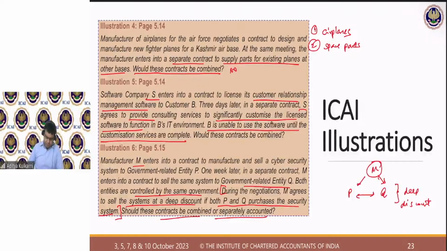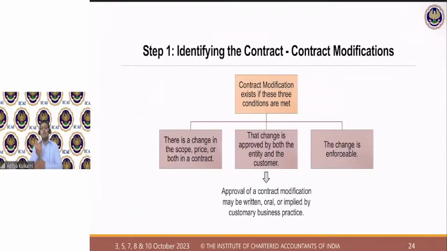Okay. All right. Now we come to the next part, that is contract modifications. Very, very important. This is one of the most important topics which I'm going to do today. The other one, if time permits, you guys permit, and be receptive, responsive as you always are, we should be able to do both the things today. So this is a very crucial discussion in step number 1, that is contract modifications.